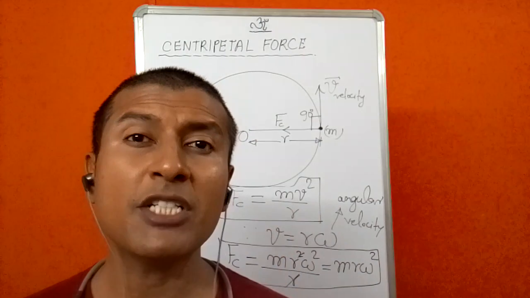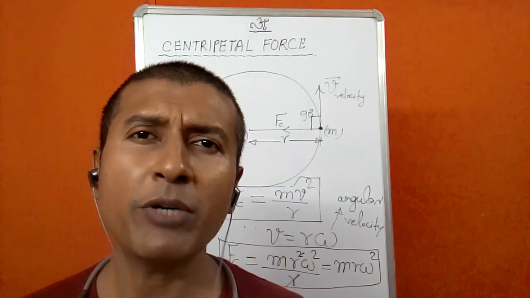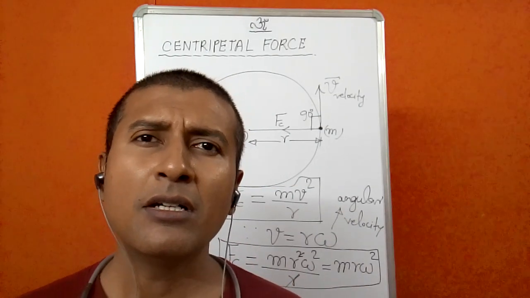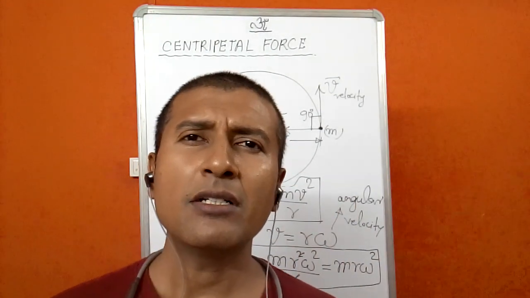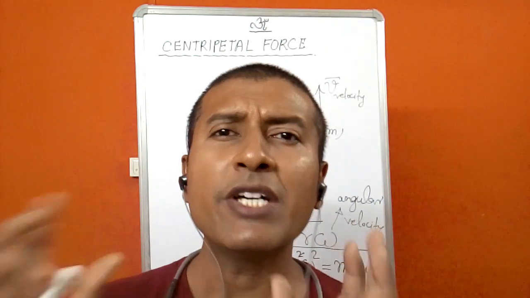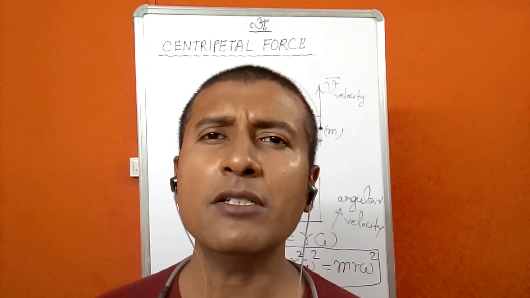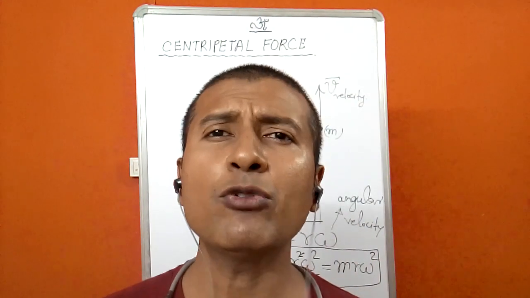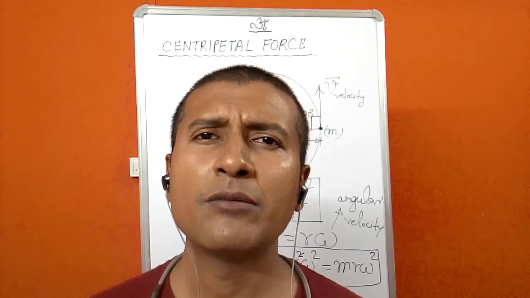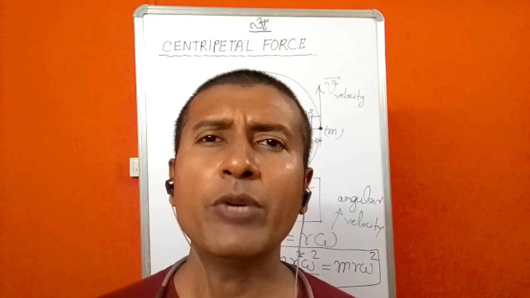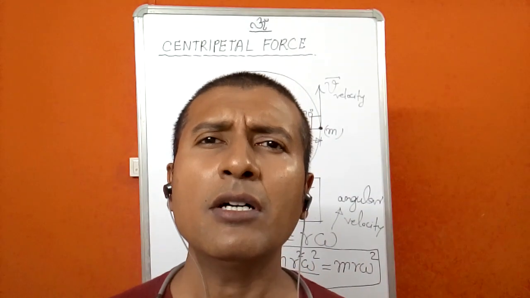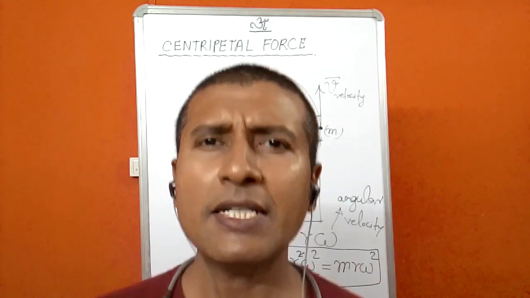So centripetal force must be provided by something, because of some property, because of some quality of bodies. Are you getting? Now you have to think about it. What is there which provides a centripetal force to various planets to revolve around the sun? That is nothing but the gravitational force given by Newton. Are you getting? So this is how we can calculate the orbital velocity of the planet or the satellite also.